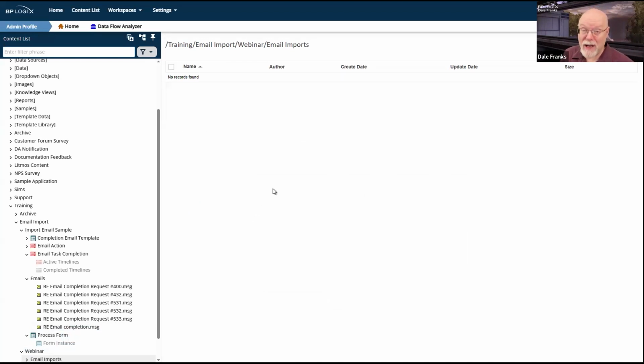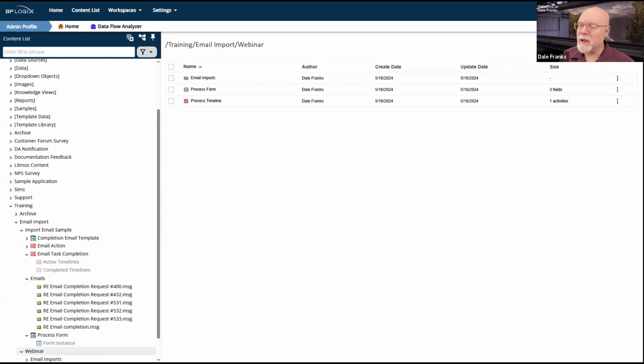Now, as it happens, I don't have that process. So I've created the folder, can't do much with it. I need to create a process that is going to run anytime an object is created in the folder. So I'm just going to go back here to my root level. I'm going to create a new process timeline.